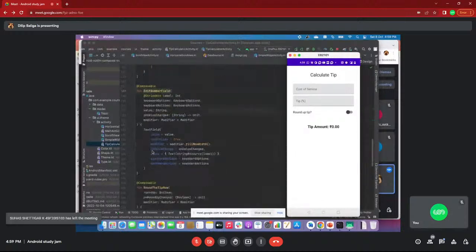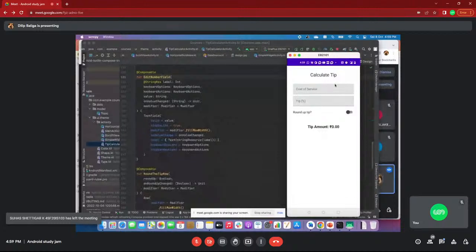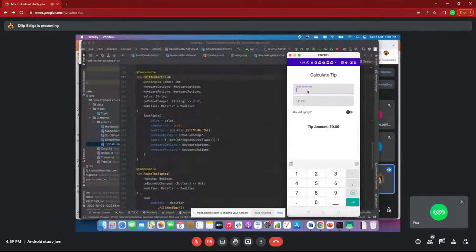This is a simple widget called a text field. Whenever I enter something in this text field widget, onValueChange will be called.